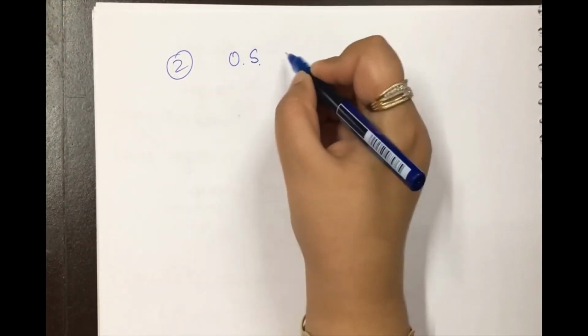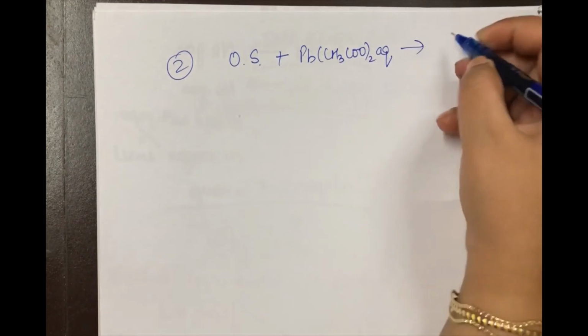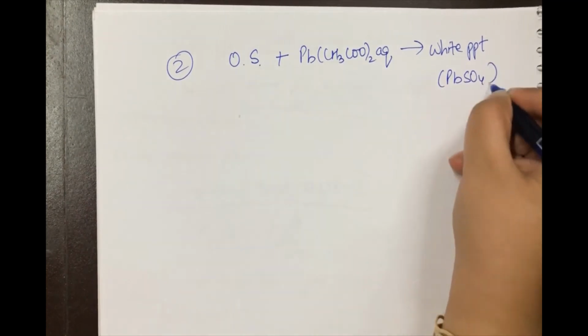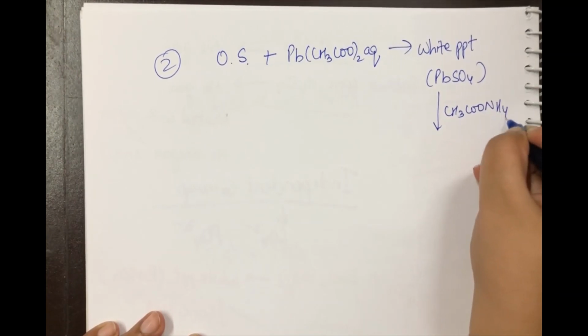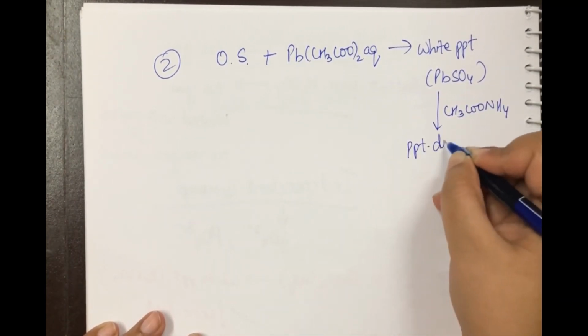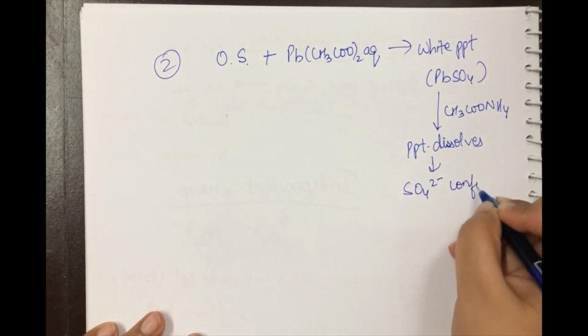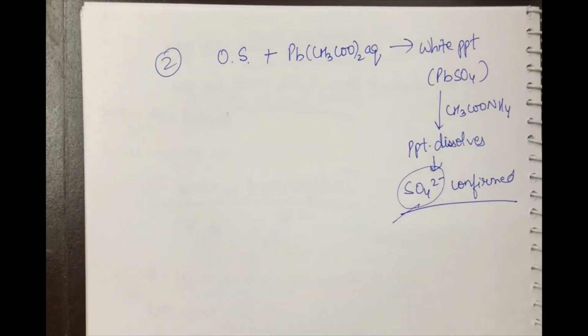So we do not give oxalate very frequently, but if your PPT was still remaining here, you will say that the sulfate was confirmed. Now, if you take original solution and you take lead acetate solution and add to it, there would be formation of a white PPT, which is due to the formation of lead sulfate, and you add ammonium acetate to this and your PPT dissolves, then again it is a confirmatory test for sulfate. Now please remember, if your sulfate is confirmed, then do not do phosphate. It is obviously just one anion that is going to be there. So if sulfate is confirmed, your phosphate is out of the picture.